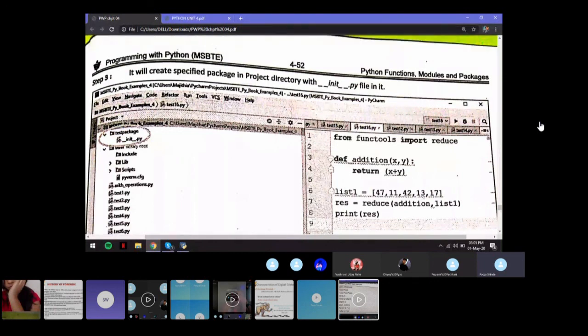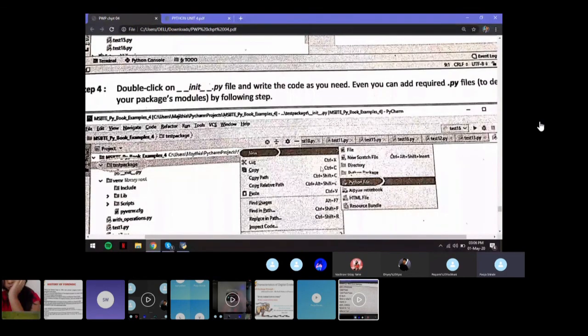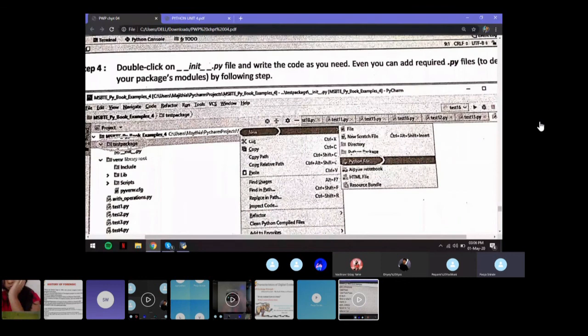So you can see the file over here. Inside the test package, you have the initialization file. Next, you can double click on it and write the code. Now, if you want, you can keep that empty. If you want to add another file, you can just right click on the test package, new, and then click on Python file. Okay, and then you can type your code in that.